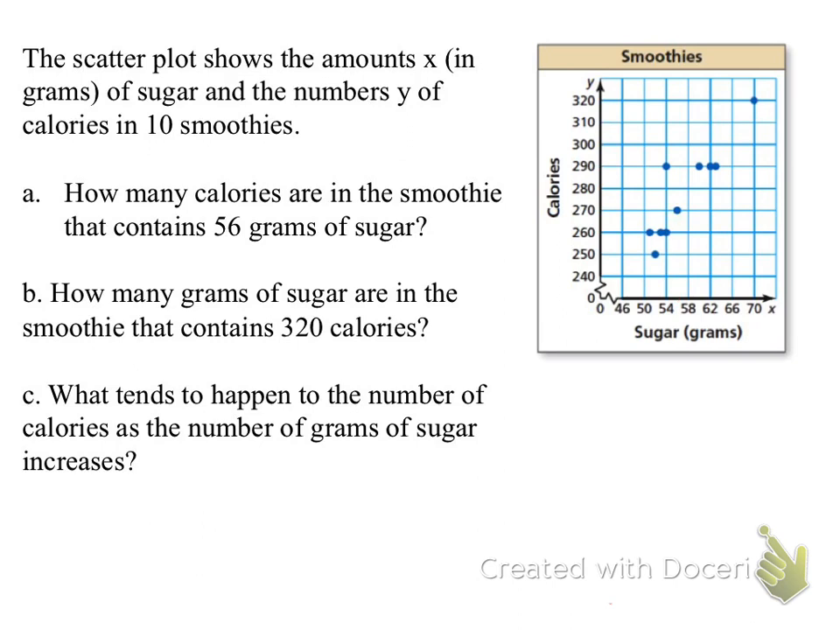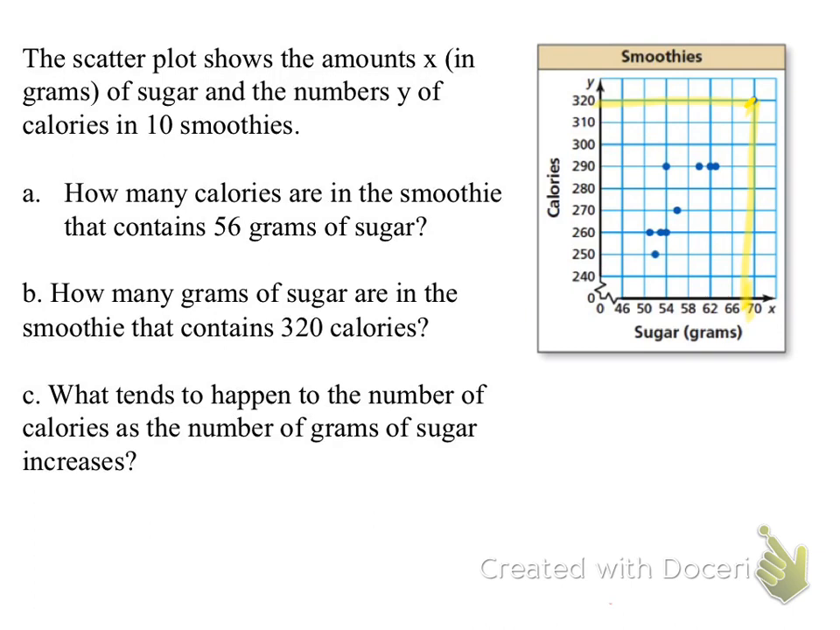Now, they're going to give you an output. How many grams of sugar are in the smoothie that contains 320 calories? So I'm going all the way over to 320, and I'm following it over, and we say it's 70 grams of sugar. Making sense? Okay,